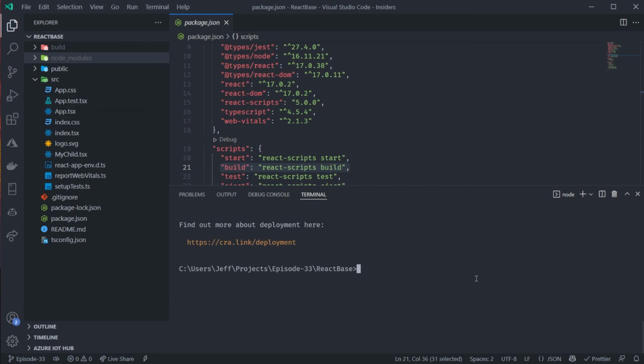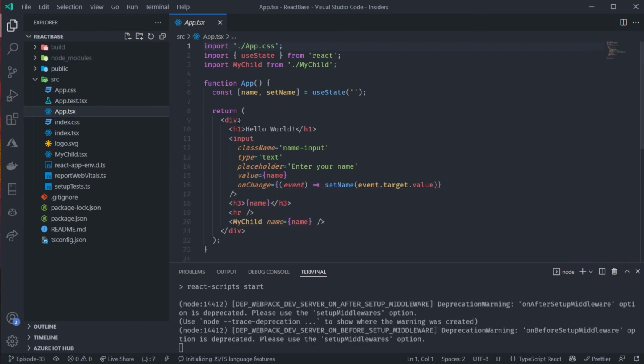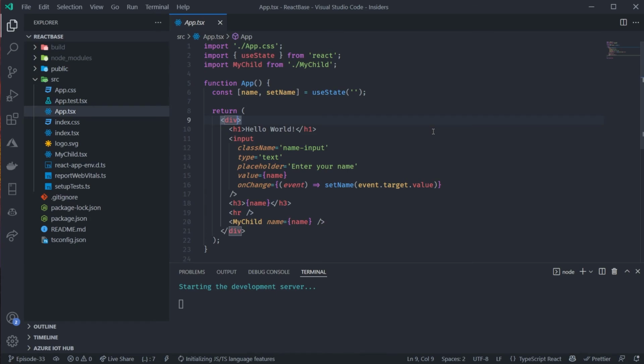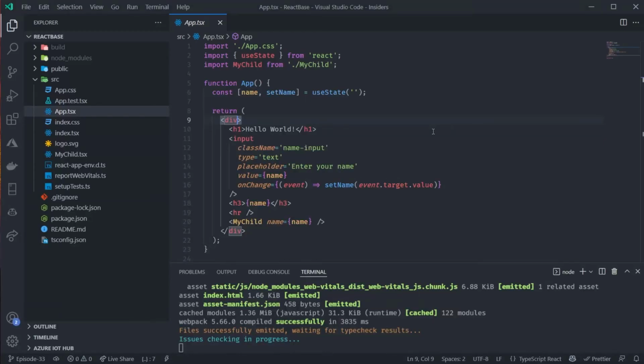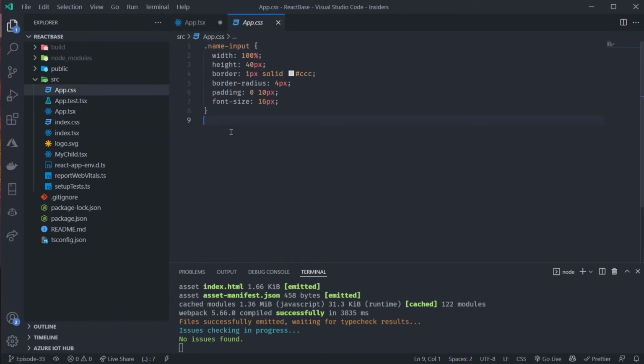In here, I am going to go into my app.tsx, and I'm going to put a class inside class name equals, and we're just going to call it app style. And because we are importing our app CSS, I'm going to go in here and I'm going to say app style and